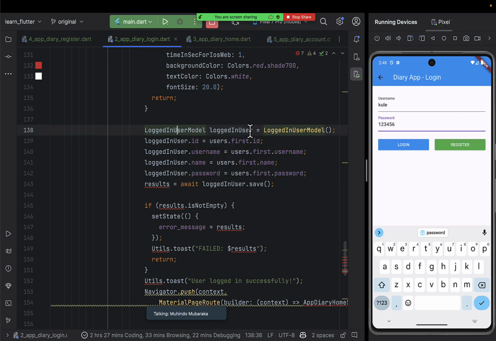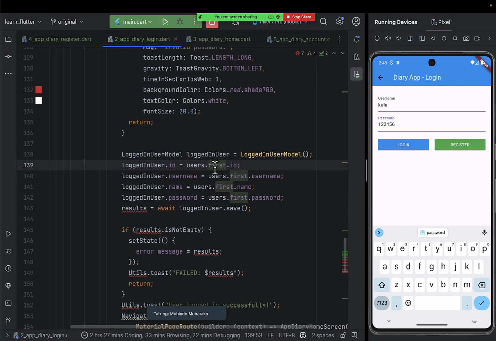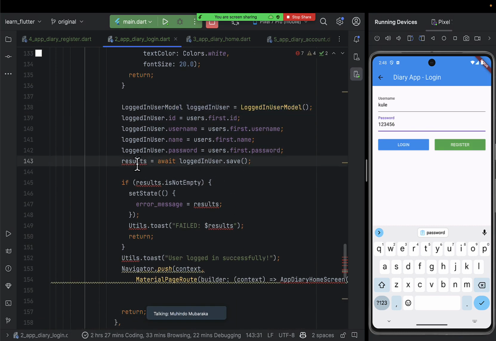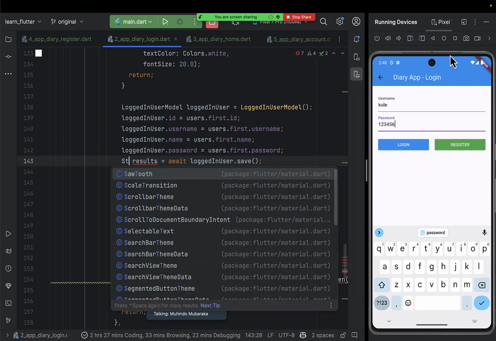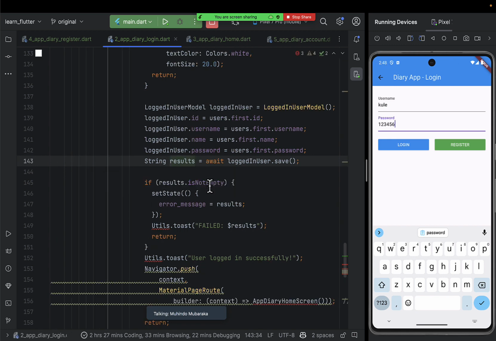All right, so here this is the logged in user. We create a new logged in user instance, and then we copy the user who has just been collected from the database, and the user that has been verified. We copy their first name, we copy their username. We just copy them and create for them another thing for the logged in user, and then we go ahead and save this user, right? I just simply put here a string of results to check if this user was saved successfully, and then after we go ahead and check if the